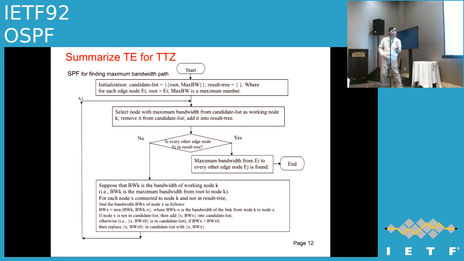Just one question on this that I wasn't clear on. Would you take any path, or would you take only the best path? Any path. So you would advertise the path with the most bandwidth available as opposed to the path that's the shortest within the TDZ. Yeah, you're right. Yes, that's right. Next page.